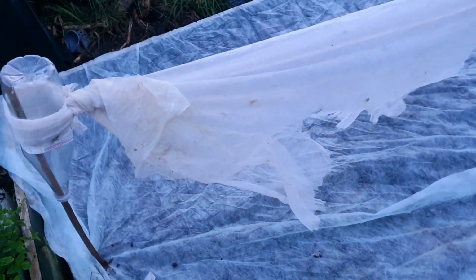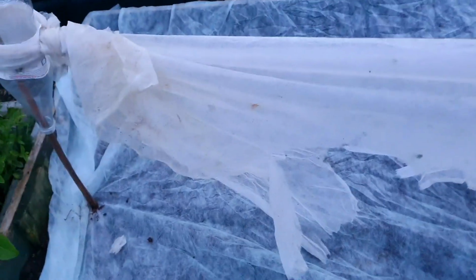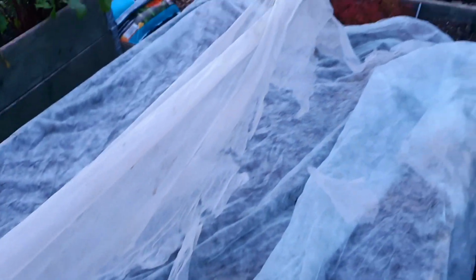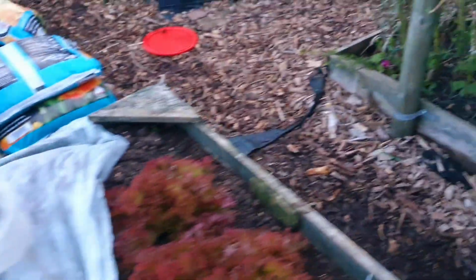planted with dwarf French beans. I've got some slenderette ones, a couple of rows of that, and the rest are actually from what I grew last year and dried. So fingers crossed everything will work and they'll germinate. There should be no reason at all. Yeah, so